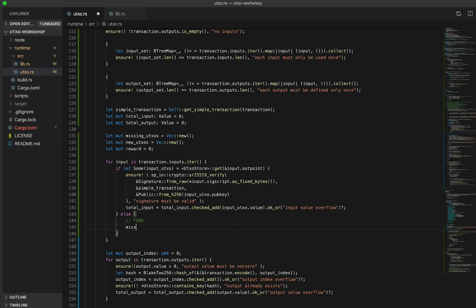Well, in this case, we simply want to push this missing UTXO hash into the missing UTXOs vector that will make up the vector of required flags for our valid transaction. So specifically, we'll be pushing in input.outPoint, converting it into fixed bytes format